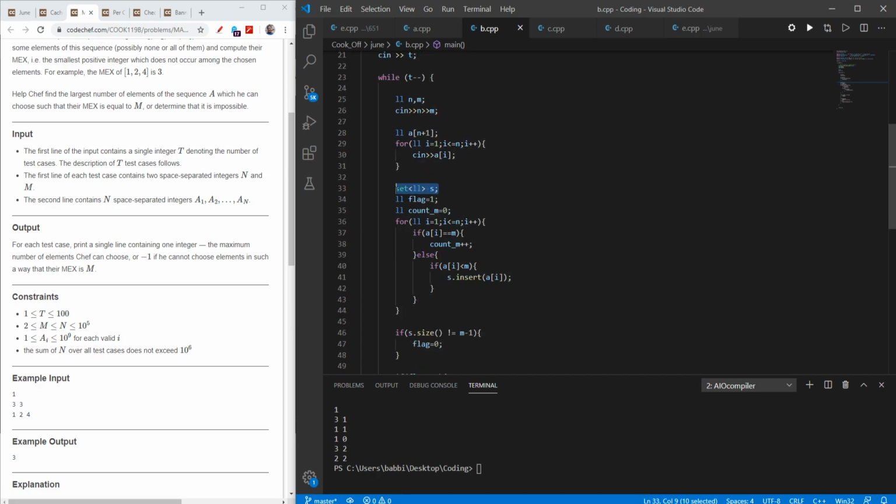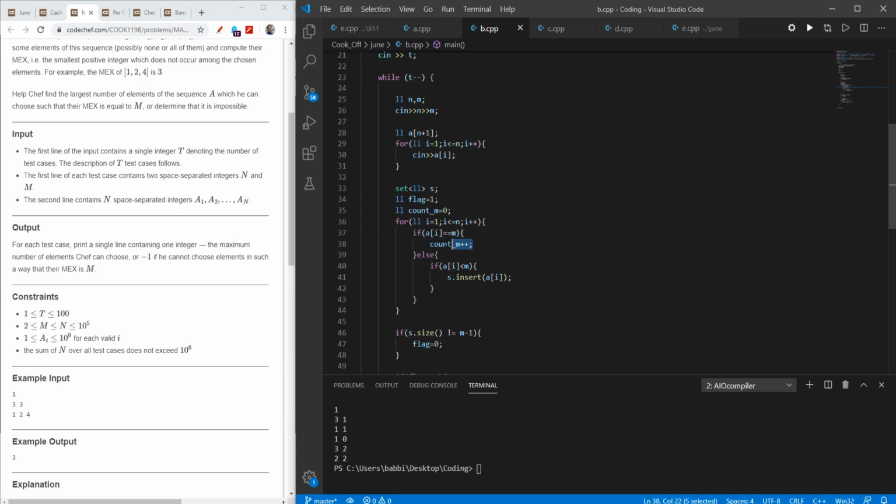I took a set, as I clearly stated that I want the starting elements in my set, which are those where ai is less than m. So as you can see here, if my ai is less than m, then I insert it in my set. I have an m count which will store how many occurrences of m there were, because I need to subtract those occurrences from my final answer, which is n minus something.